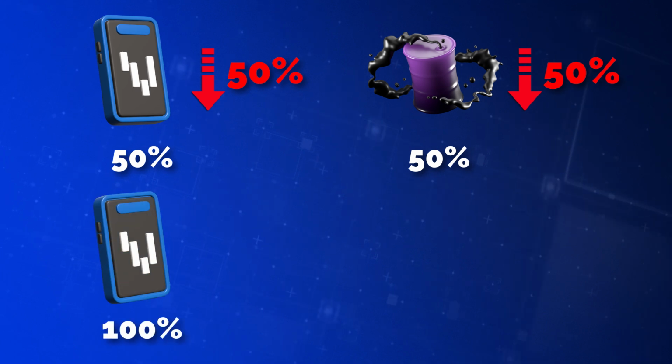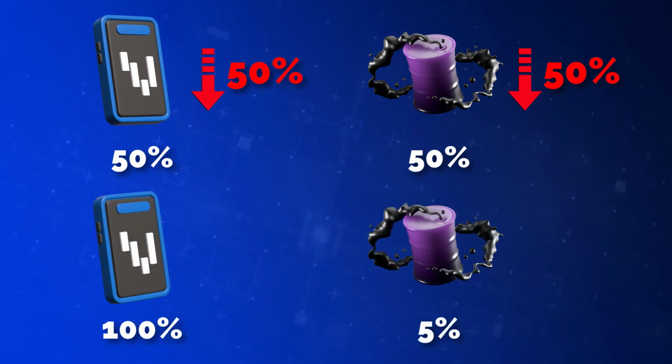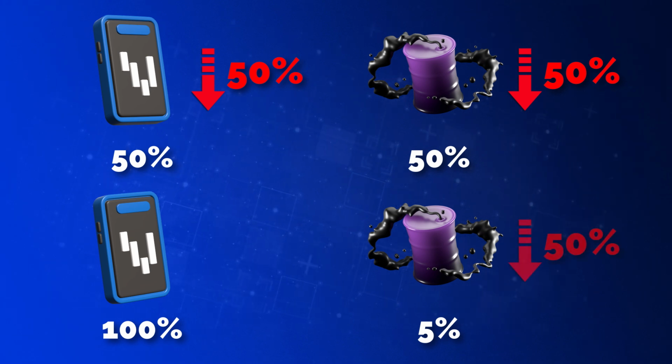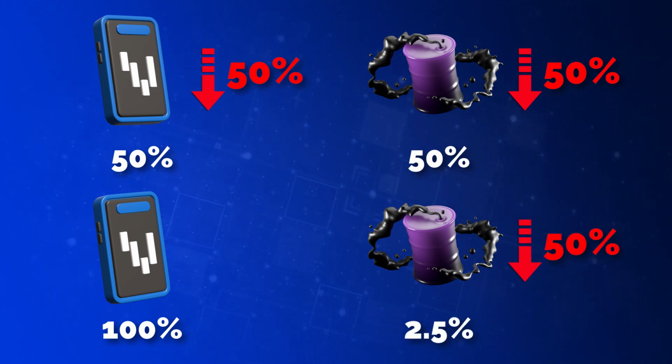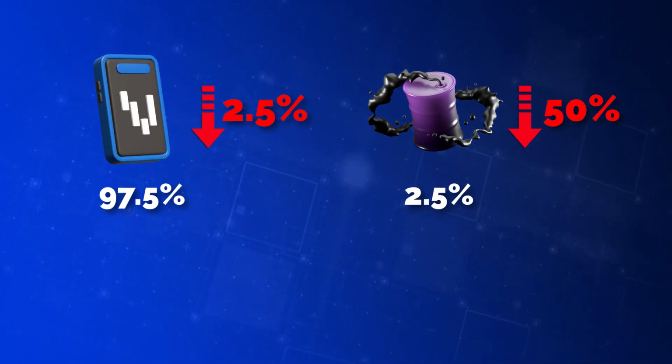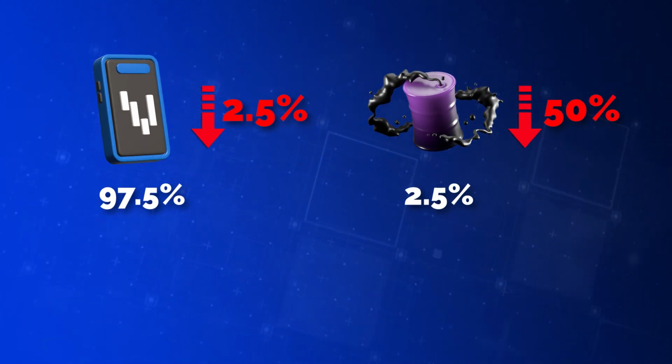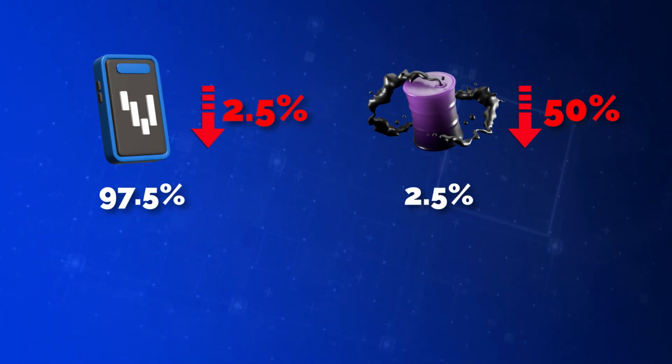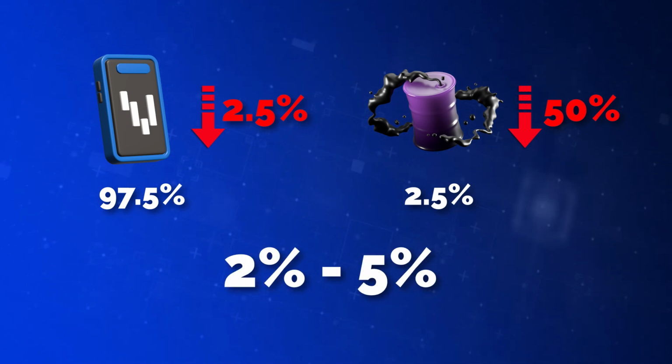On the other hand, if you only allocate a small percentage, such as 5% of your portfolio, to that one investment, losing half of it would only put your portfolio down by 2.5%. This loss becomes more manageable and easier to recover from. Generally, many investors choose to limit the risk they take on each trade to no more than 2 to 5% of their account. By following this risk management strategy, you can protect yourself from the potential negative consequences of over-concentration